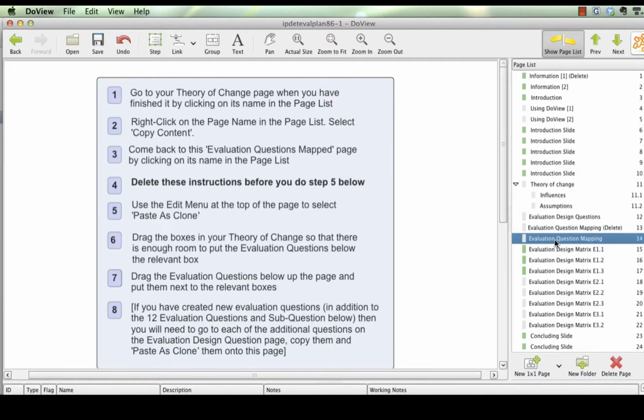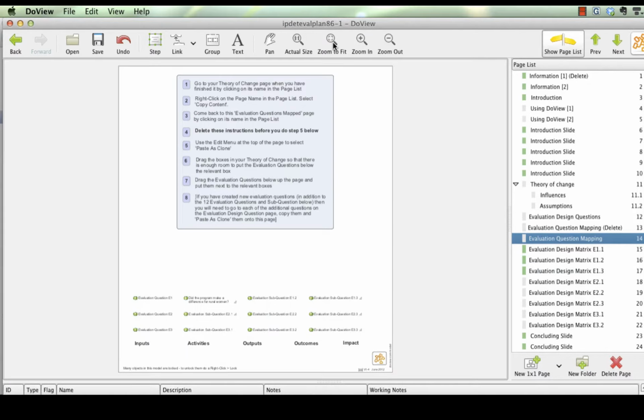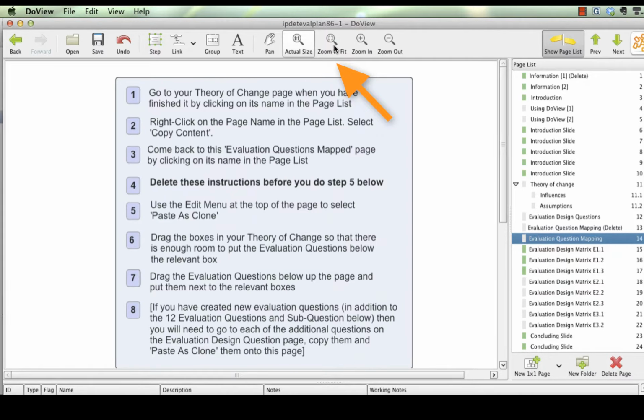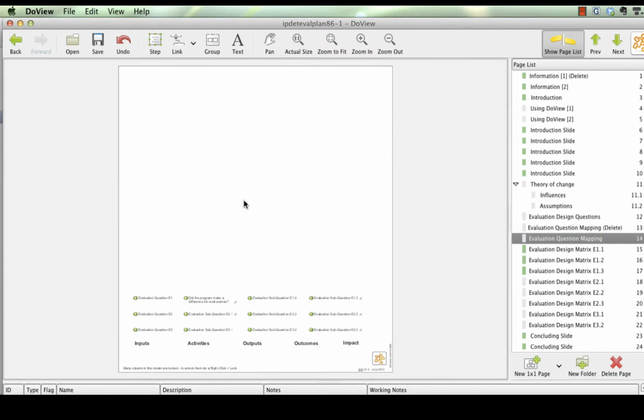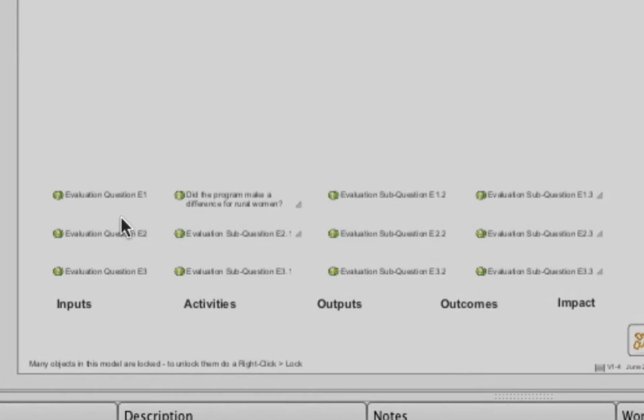But if we move to this template page here, we can see if we click on the zoom to fit button, that moves us back between the actual size of the page and being able to see it fully. And what you can see is it's an empty page, but along the bottom are the